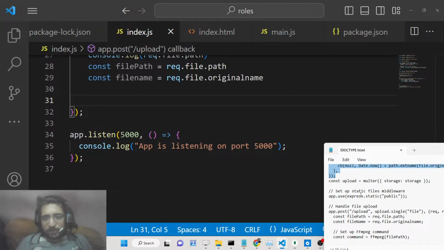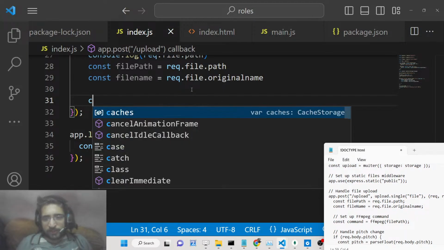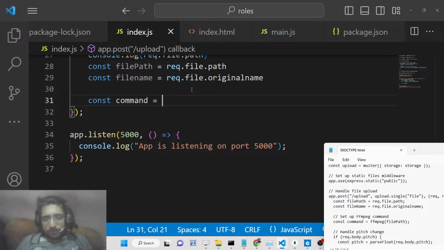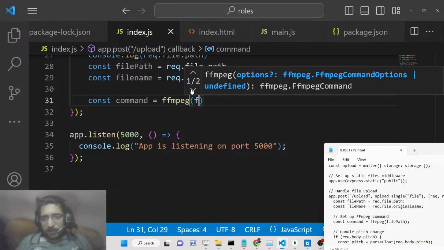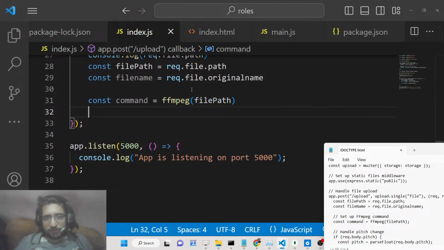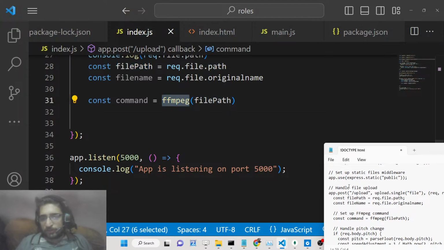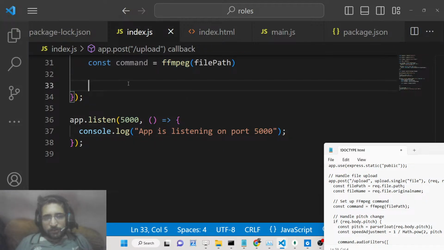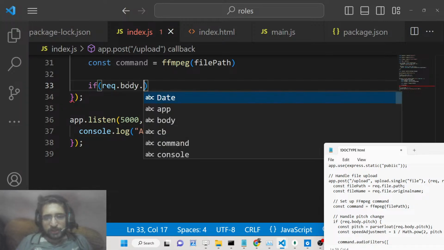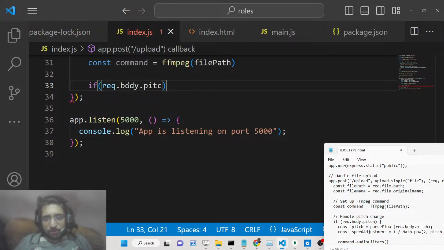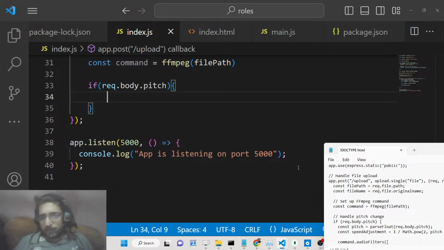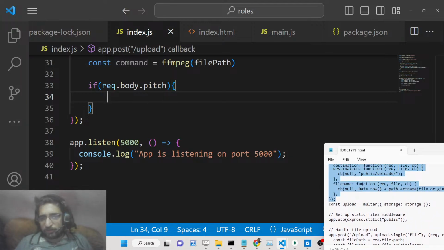After we got the file name, we just need to set up the command here. So we will say ffmpeg, and here you will pass the file path. That's all. So we are passing the file path here to the ffmpeg. And then we need to handle pitch change. So here we will say if the request.body.pitch,